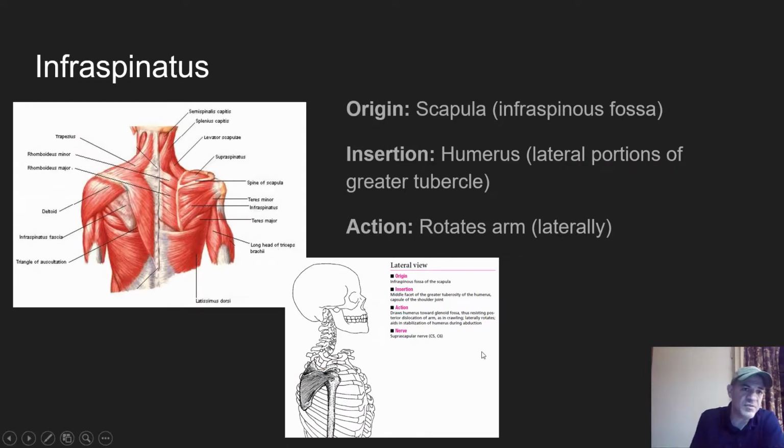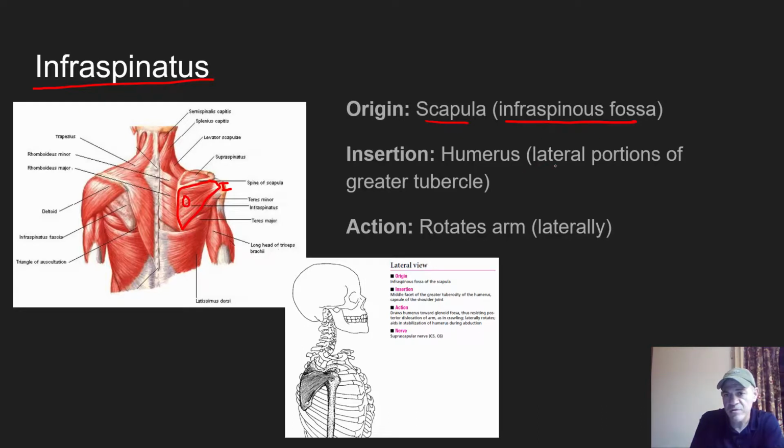The next muscle is the infraspinatus. And this one gets its name because of the origin. Its origin is on the scapula, and it's in a location that we learned during the study of the skeletal system. It's the infraspinous fossa. And so I'm going to trace it out here on the image on the left. This would be the infraspinatus, and the origin would be the infraspinous fossa, and the insertion is going to be on the humerus. And in this case, it's not going to be quite centered on the humerus, just pulling it straight inward. So this can create a torque on